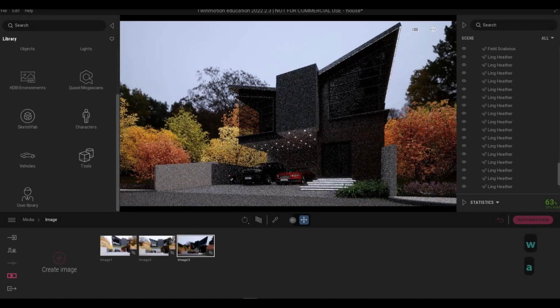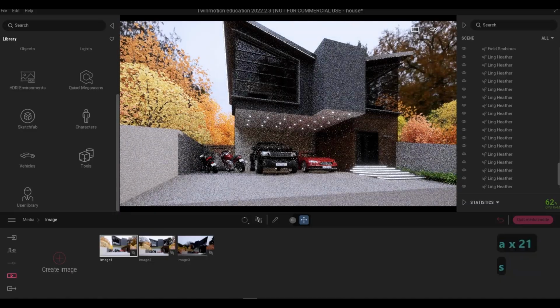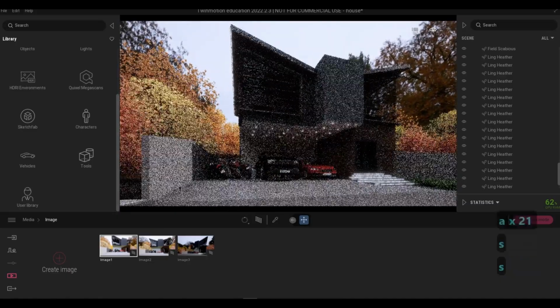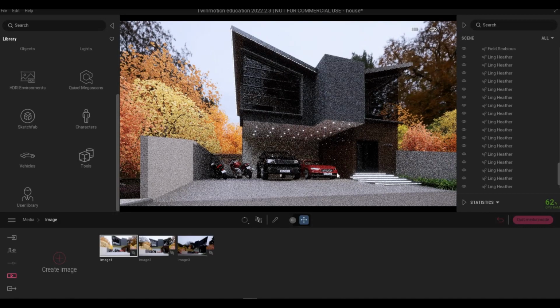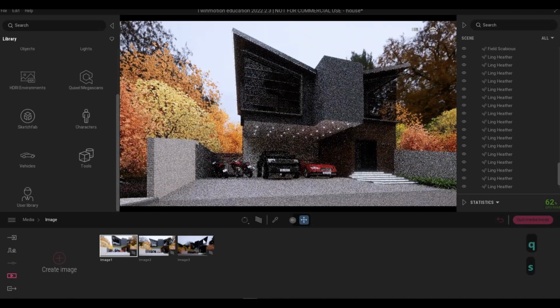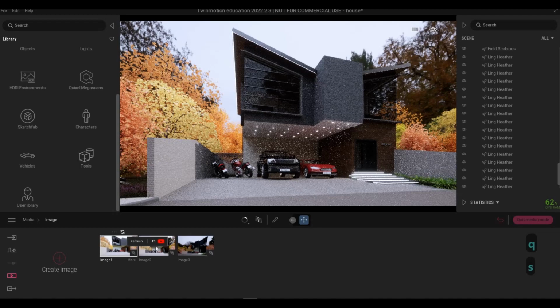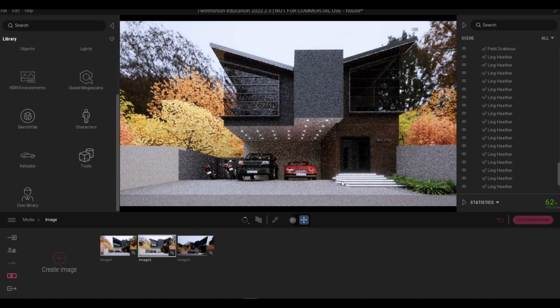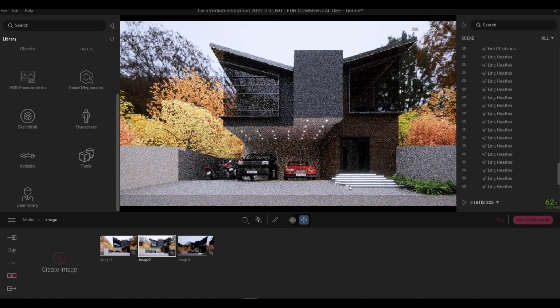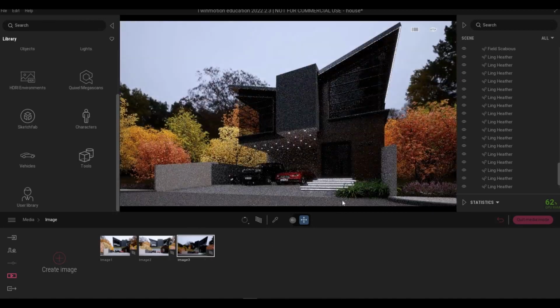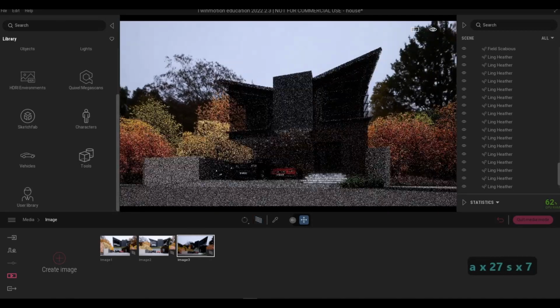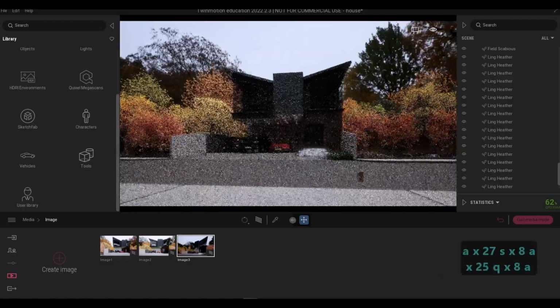And then another one like this. Just revising this one. Want to make sure everything lines up. And then here, I want to